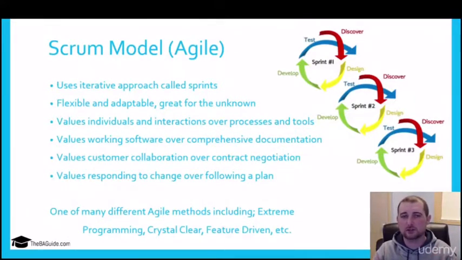Another thing is the Agile methodology and the Scrum model has a lot less documentation that's being done. And we'll talk about that a lot further as well. But you don't have a big requirements document that comes out when you utilize a Scrum model. You have some base requirements kind of written down. The formality depends on the company that you're working for that utilizes this. Some are very formal and a little bit more detailed. Other companies use very little to no documentation that comes out of it. So it's different, but they really